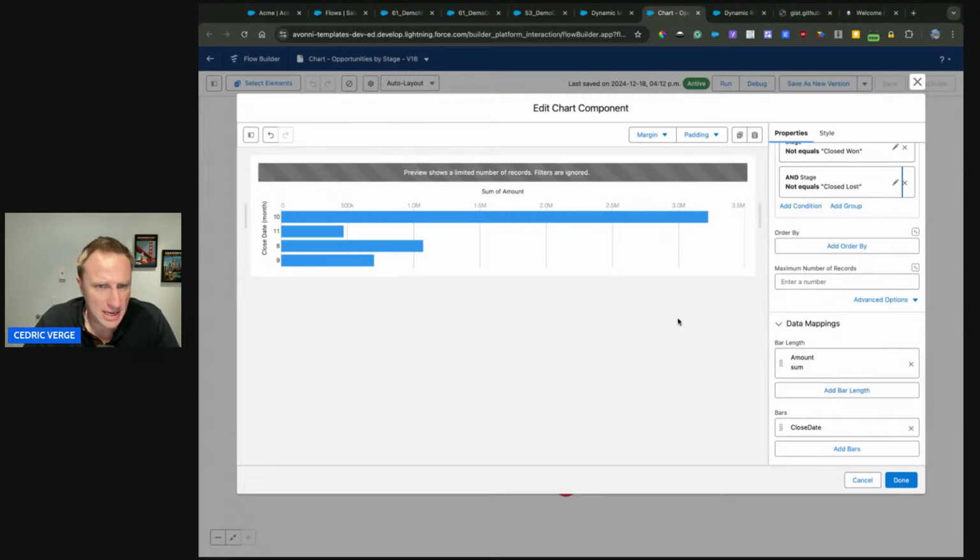We also have some bug fixes on this, but we also have more updates coming for the upcoming release on the chart, like the ability to customize the label name. So let's say if you'd like to display January, November, December instead of the number of the month, that will be available in the upcoming release. And we will also bring platform event integration into the chart component